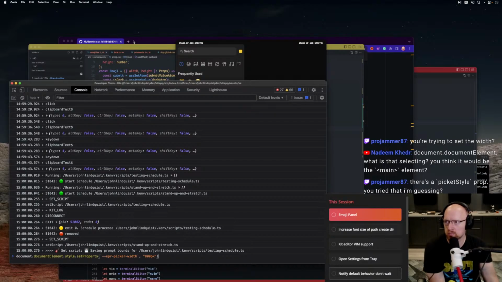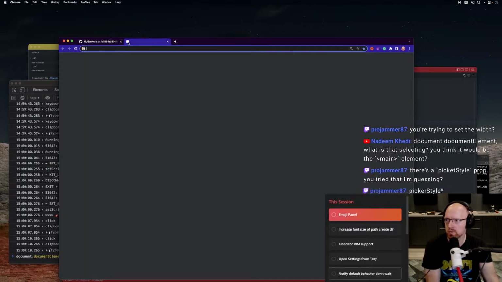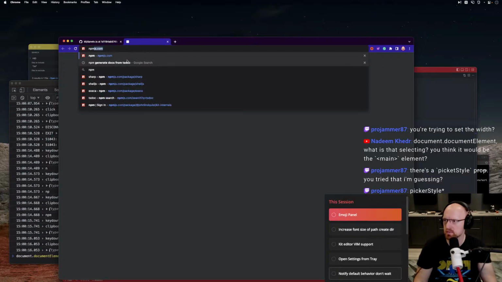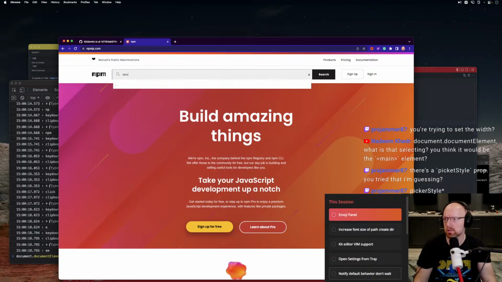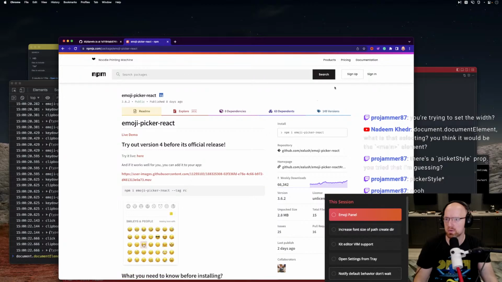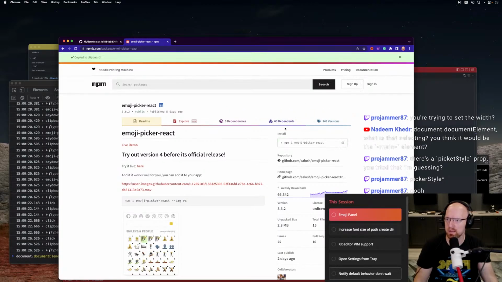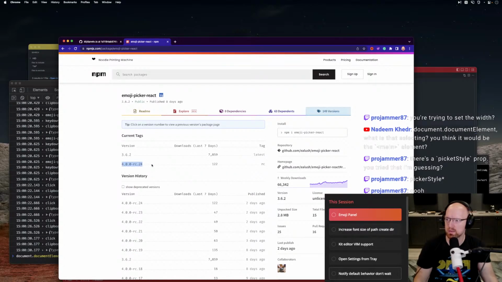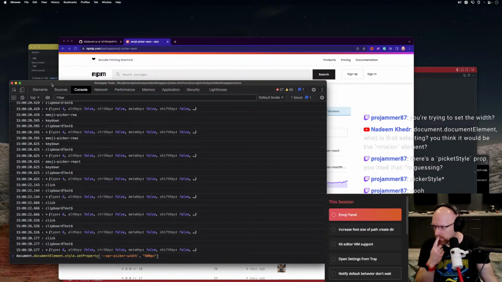So we're on the release candidate for version 4, and the picker style no longer exists. Emoji picker React. So when Nadeem filed those issues, the author of this released the fixes to the 4.0 release candidate. They're not in the 3.6. So we're working from here. And trying to figure out